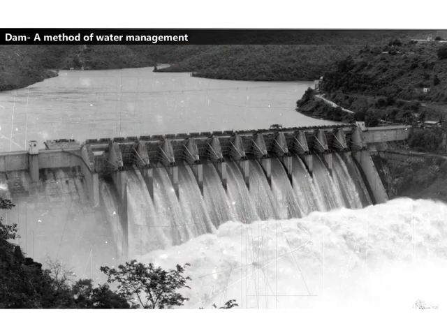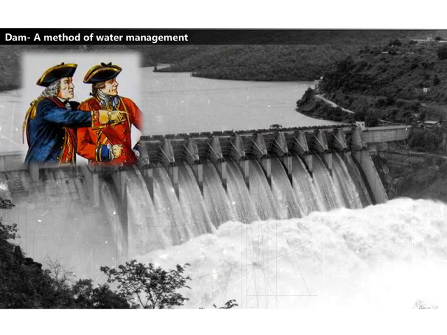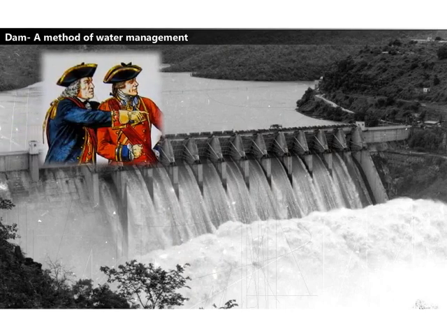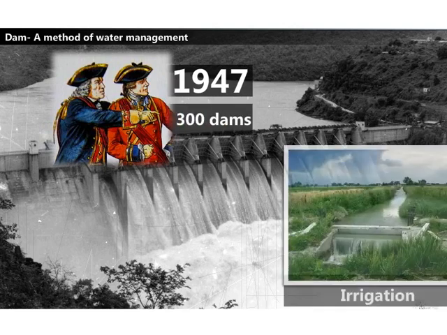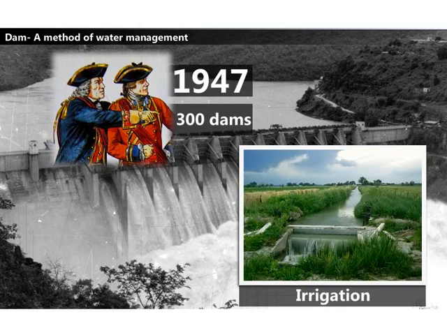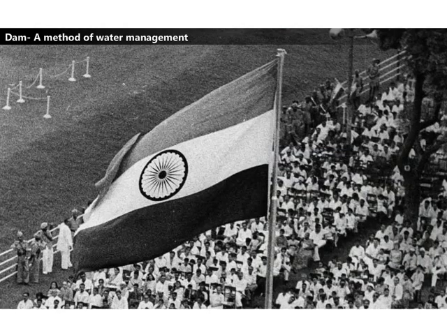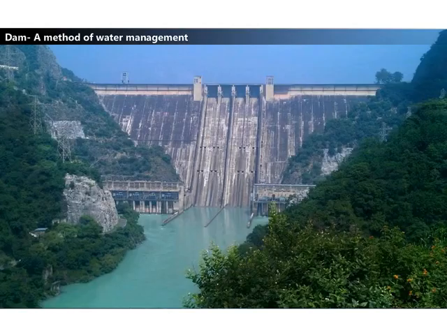The concept of large projects such as large dams in India were first conceived and implemented by British. By 1947, there were about 300 dams in India, largely used for irrigation. After independence, as a first step to attain self-sufficiency in food grain, the new government started some mega projects on